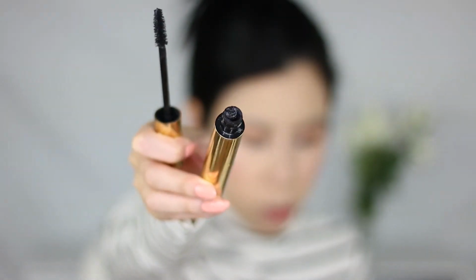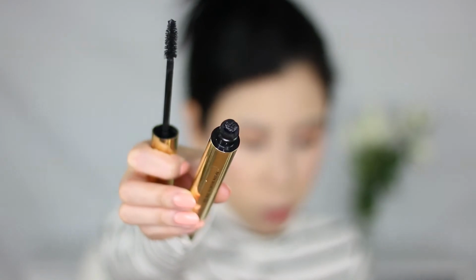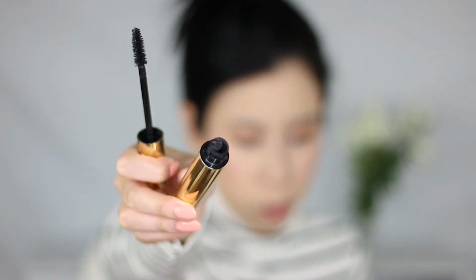It's way too much. When I was doing my eyes before, if I don't wipe down the wand, and I usually just scrape it to the edge, I will end up with like three lashes. That's how clumpy it gets. It's insanely clumpy. So you do need to wipe the brush down, and you can see how much product gets wiped down in order for the brush to be usable, an insane amount. So I just think something's up with the packaging. This is something that I am willing to persevere through because I will use it up. I will not throw this out, but I will not buy another one because it's just too much of a